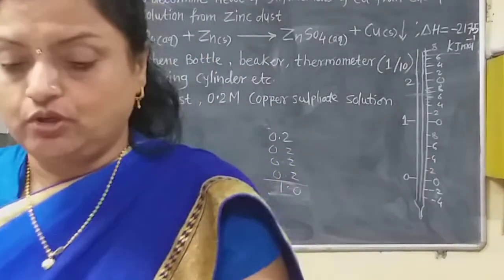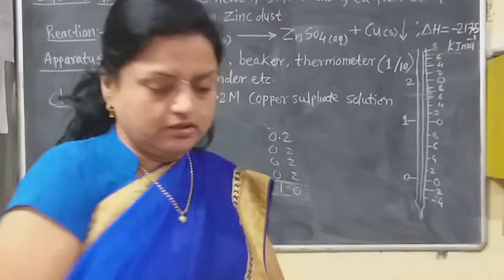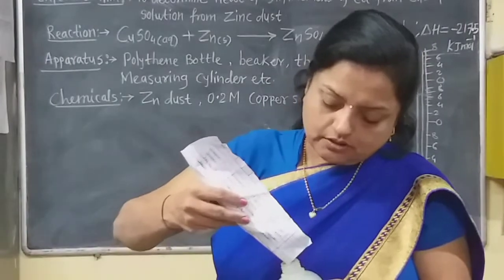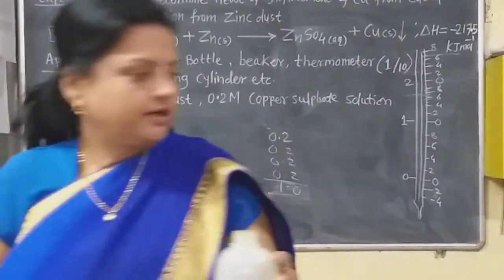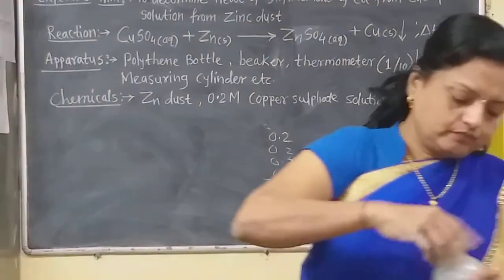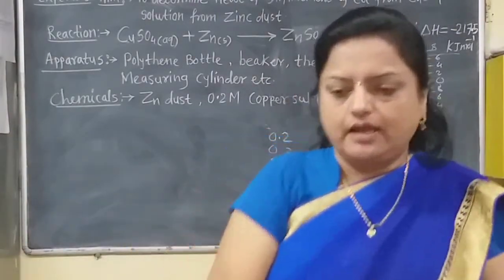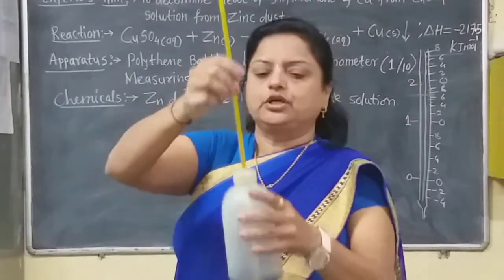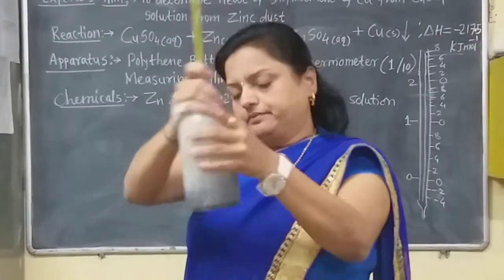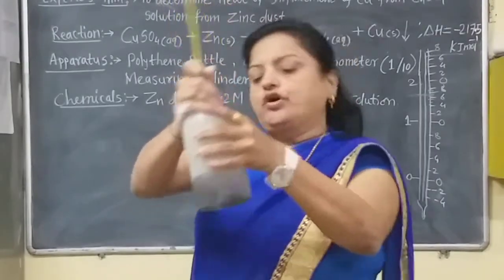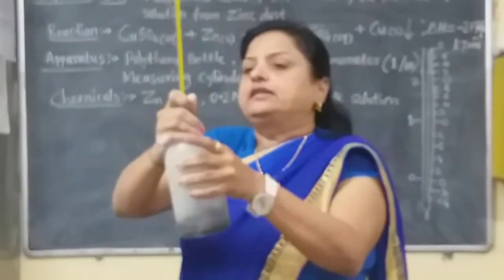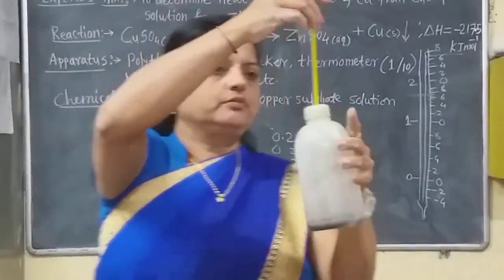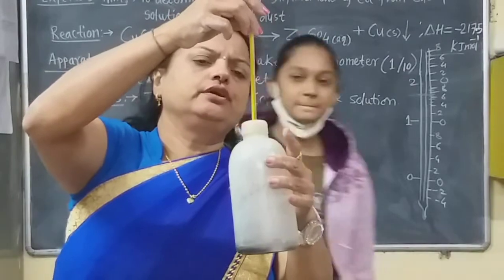Now take the 1 gram of this zinc powder that is given to us and I am pouring it into this polythene bottle. Zinc powder 1 gram only, and immediately you cork up, shake this bottle and now put the thermometer into that. Now shake for some time and then see the constant temperature, what is the increase in that temperature. Come again, one student, the same student come and see the temperature, how much increase.